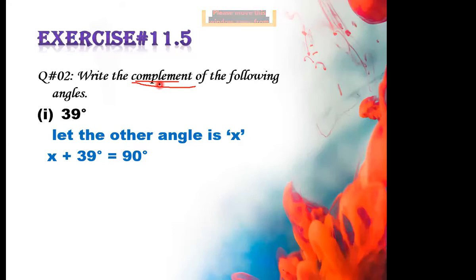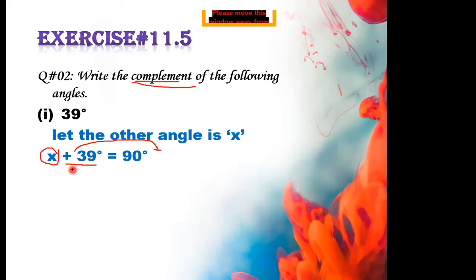Okay, it will be a complementary angle. So what you will do, simply you will write it down, x plus 39 degree is equals to 90 degree. Now this is plus 39 and you are going to find out x. So you will shift this towards the right side. As you all know, when you are shifting anything towards the right side or left side, you will change their signs.